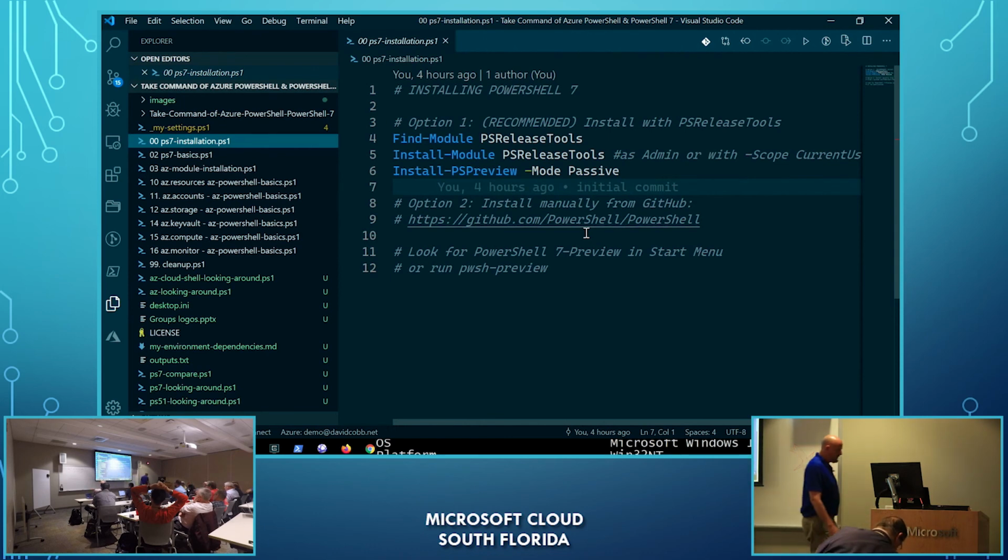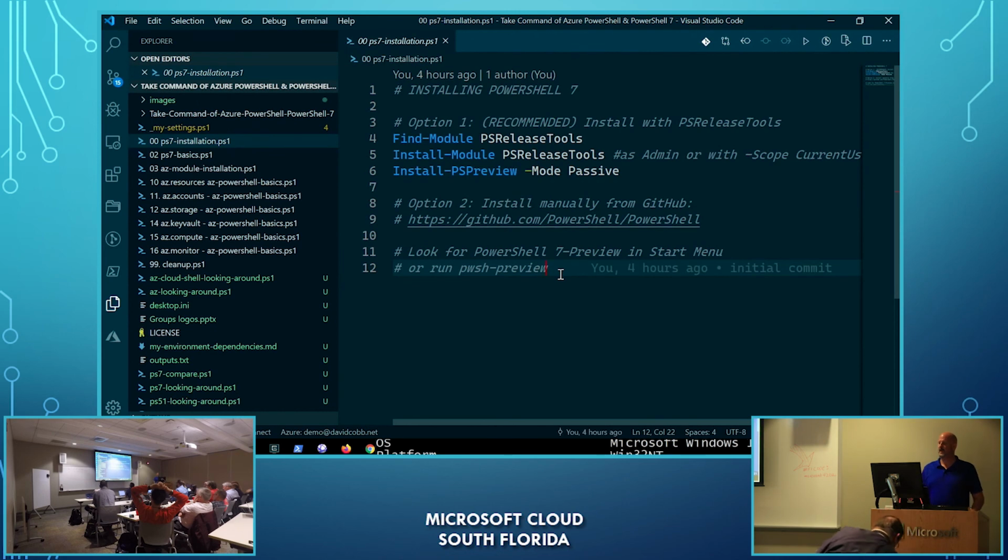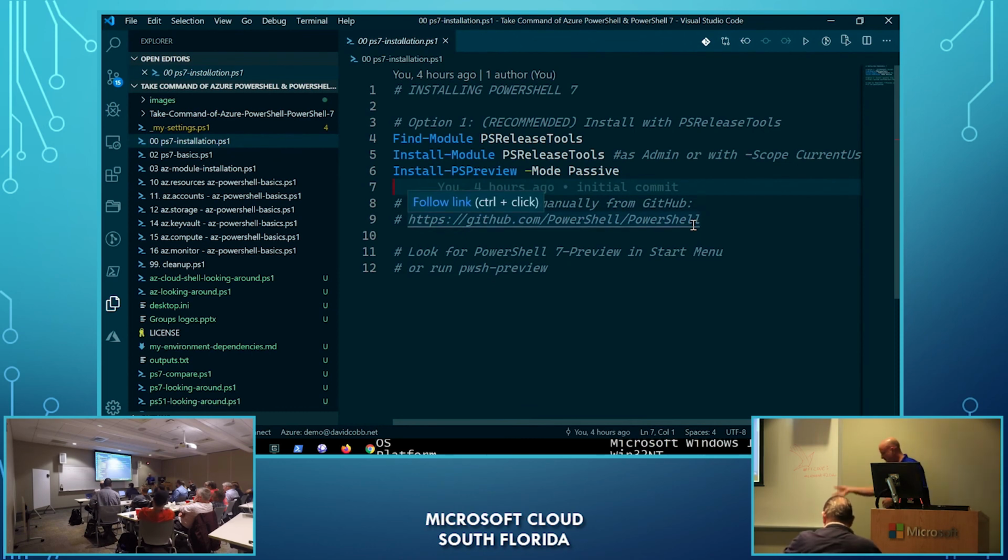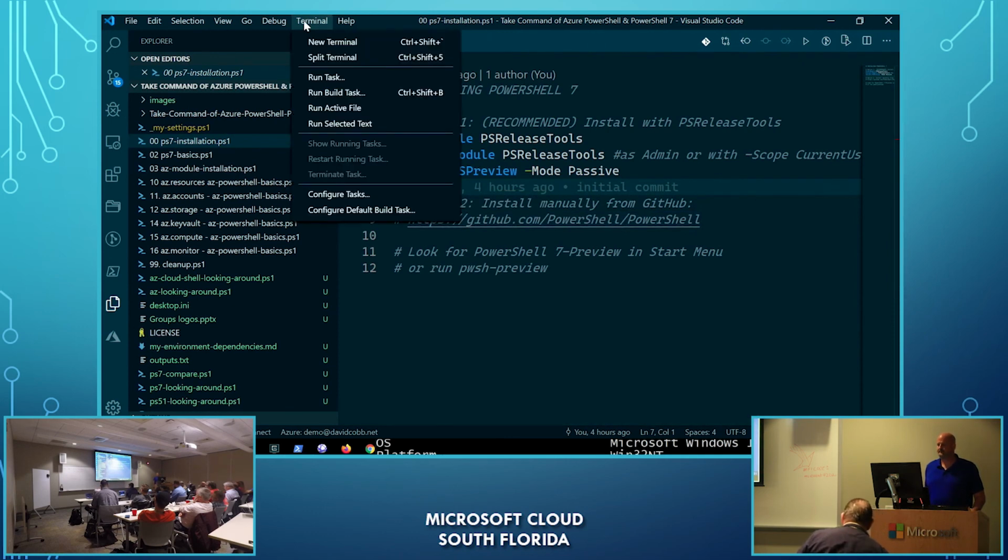To install this, I'm not going to go through it again. I've already gone through the process of doing the installation and installed it. You can also go to GitHub. All my links, I have a references markdown file in the same GitHub repository, so you can go and find this on GitHub. It's real easy to find. And within the terminal here,